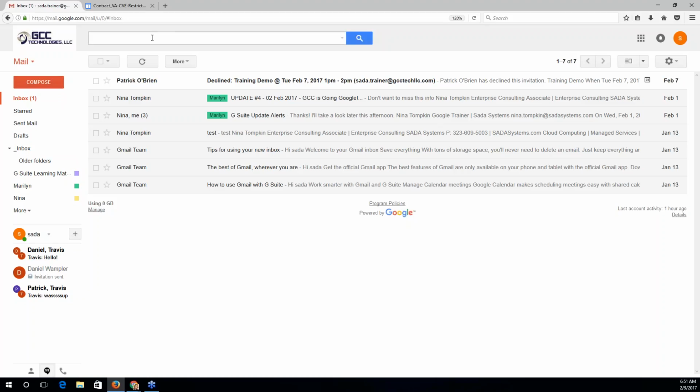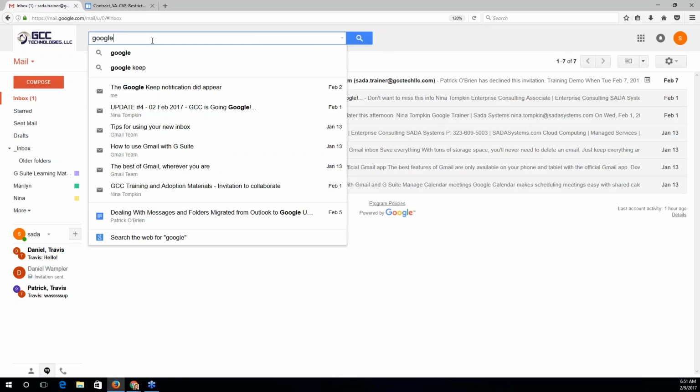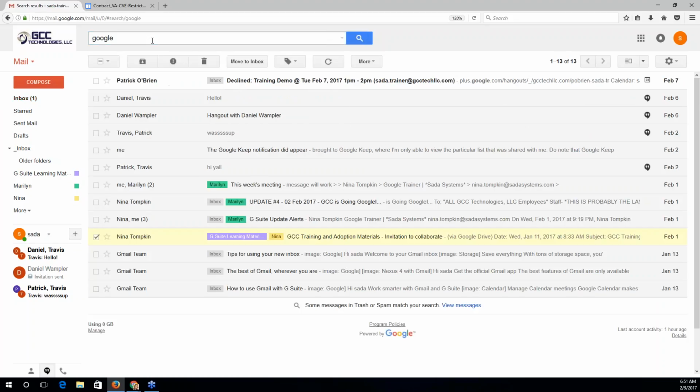Now, I'm looking in my inbox and I'm going to use the search bar at the top. And just as you might expect, after all, we all use google.com every day, Google's keyword search is fabulous. It's very strong. So if I wanted to search through my inbox for any term related to Google, Gmail is going to look through all of my messages, calendar invitations, Hangout chats that I've had. It's going to look through the subject line, the body of my messages, and even analyze all the attachments on my messages for that word Google.